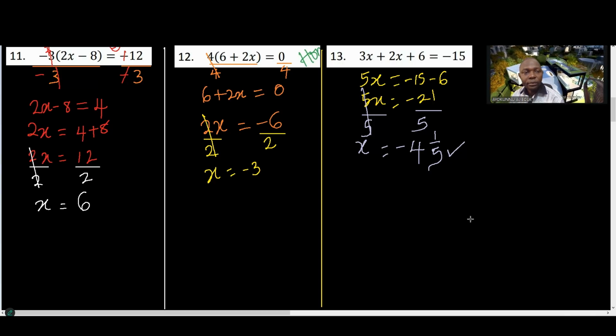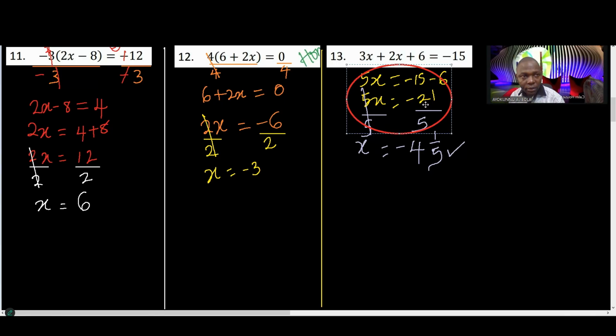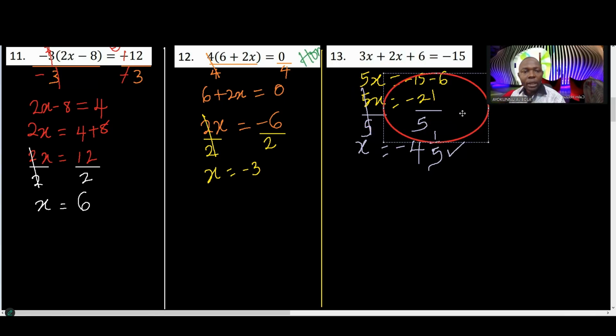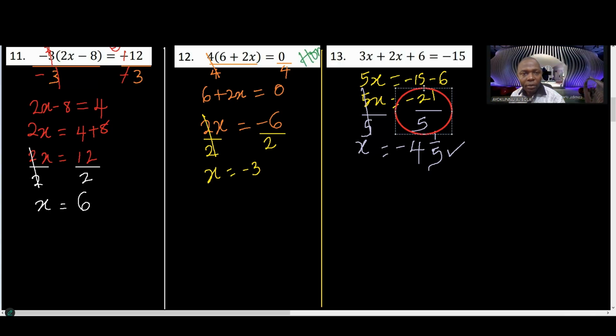I was just wondering, how did you get 4? How did I get 4? Okay, wait. So that means it's only this place you don't understand, right? Yeah. But you understand the rest. Yeah. Okay. What I got was this, right? Please read this for me. What's this? 21 over 5. No, minus 21 over 5.